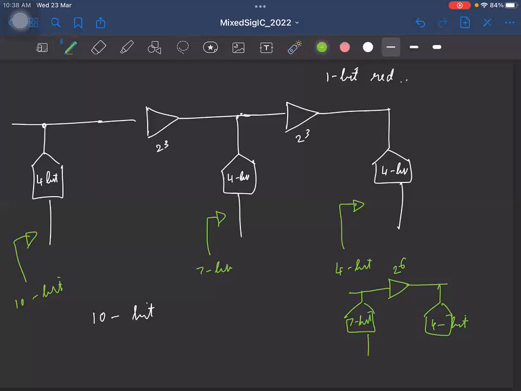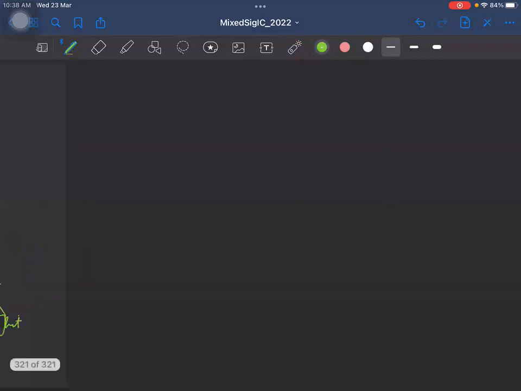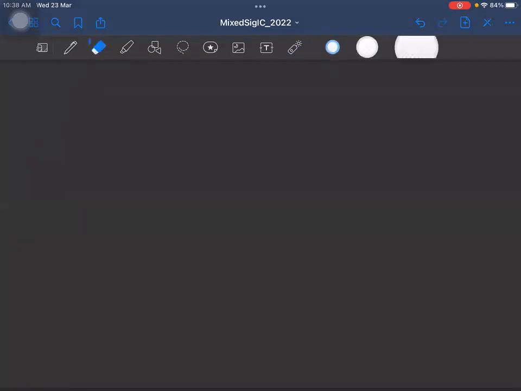So now let's extend this technique, and let's say I want to realize, say, a 10-bit ADC, or a high resolution ADC using a single bit quantizer, that is a 1-bit ADC, right? Okay, so if I have a 1-bit ADC,